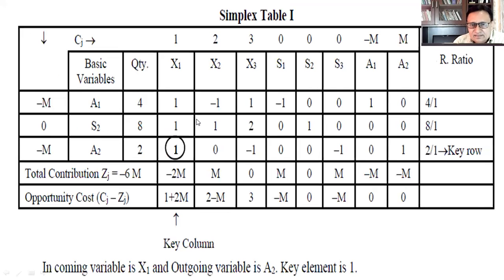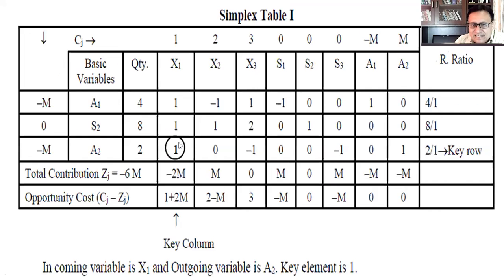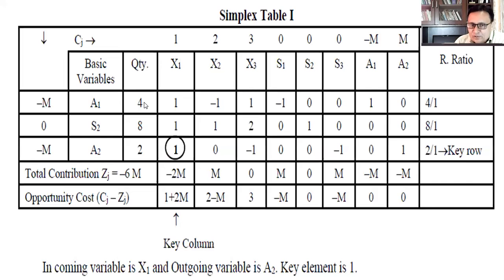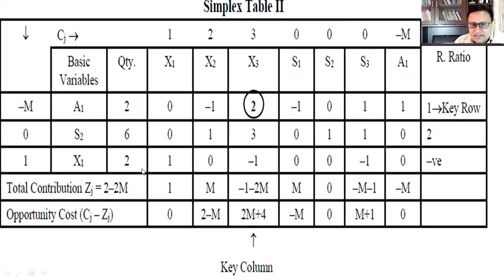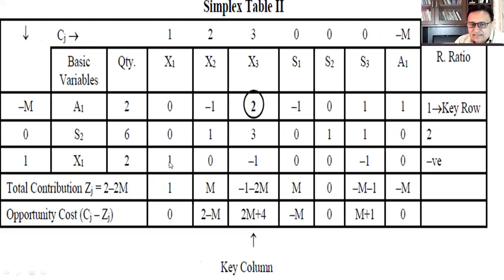Here the element is 1, which needs to be 0. So by operating with this row and the new row of x1 which we have found, because at that point the element is 1, this whole row will be multiplied by 1 and deducted from this old row. So 4 minus 2, so ultimately 2 will be placed here. Similarly, here 1 is there, and in the new row 1 is there. So 1 minus 1 by 1, here 0 will be introduced. So in this way, this row will be introduced.